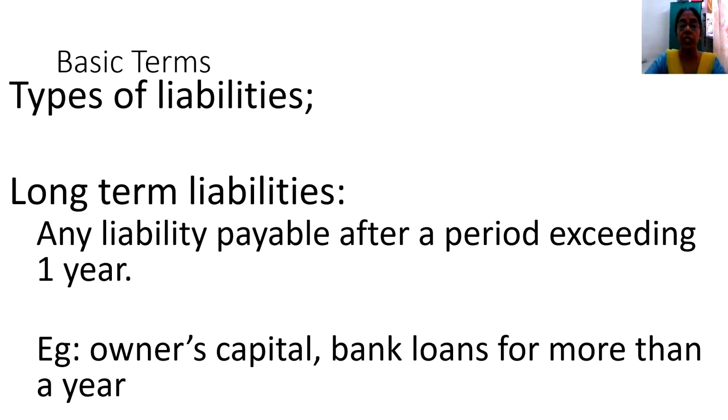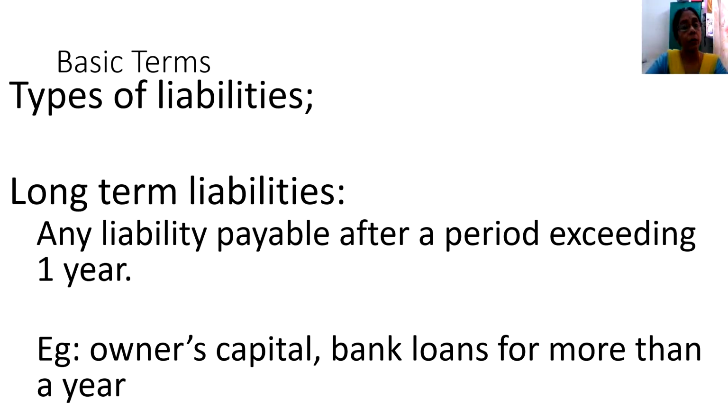So on the basis of the time period, the liabilities which exist for a longer period of time in the business are termed to be long-term liabilities. As in the case of assets, the period here would be taken as a period of 1 year. Thereby, the liabilities which remain for more than 1 year's period of time in the business are referred to as long-term liability. When I say remain in the business, it means payable. So therefore, you can make the payment of the liability after a period of 1 year.